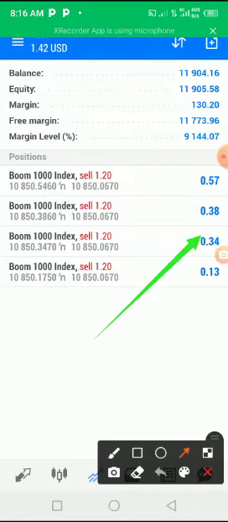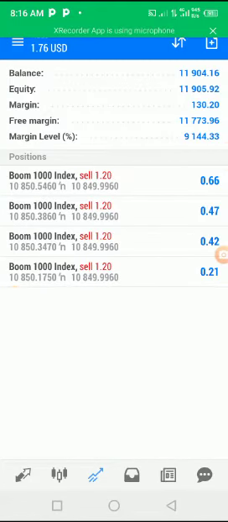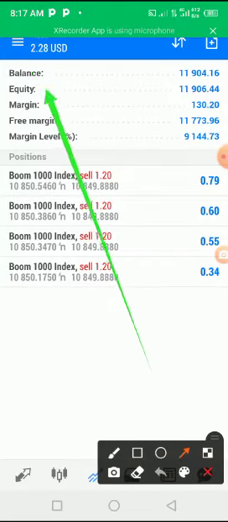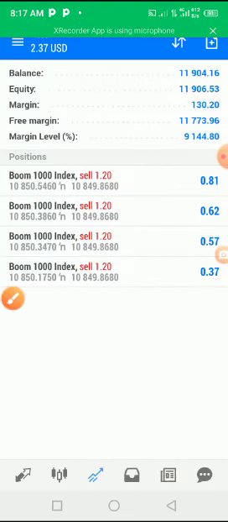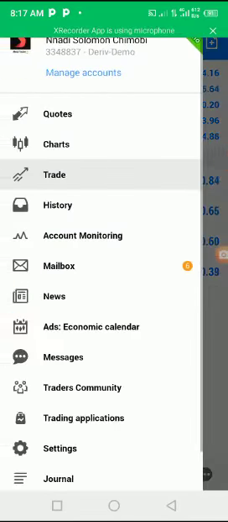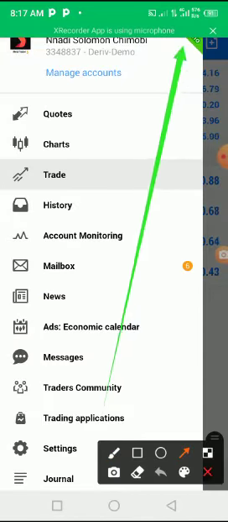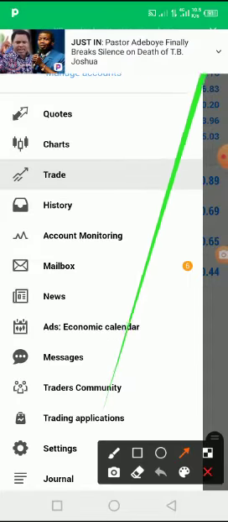Another video will come. I hope you catch the trend on how to log in. Let me repeat. We just successfully logged in for demo. So how do you know it's demo? When you click on this thing, let me click on it, you see, when you look by the side, up there, you see demo. This thing just covered it, but it's demo. That's how you know it's demo.